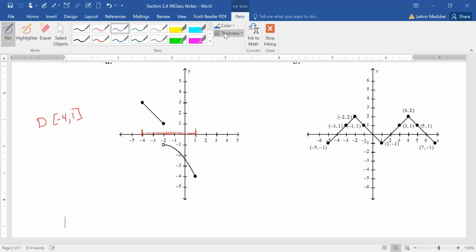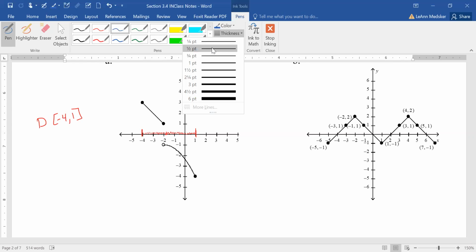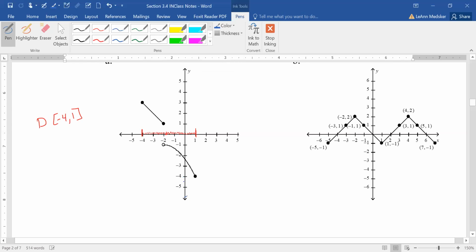For my range, I need to look up and down on the y-axis. So the lowest the graph can ever get is -4. And then I have graph, graph, graph. I have graph to the left and right, all the way up to almost graph here. I'm actually missing graph because -1 is not included here on our range. It's this open circle. Now, if there was another point somewhere on that same horizontal line that was closed, I could say -1 is